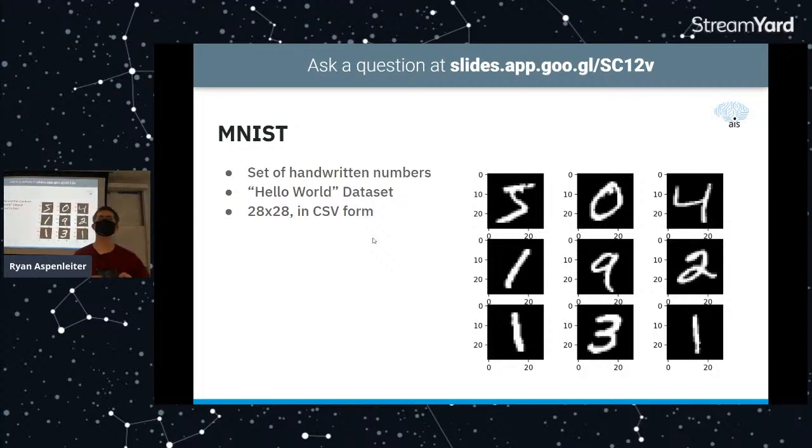It's pretty well known, not too hard to work with, and it's pretty clear when something is right or not. Each of these digits is represented as a 28 by 28 array in CSV form, which is a little gross, but you can't always have nice things, I'm afraid.